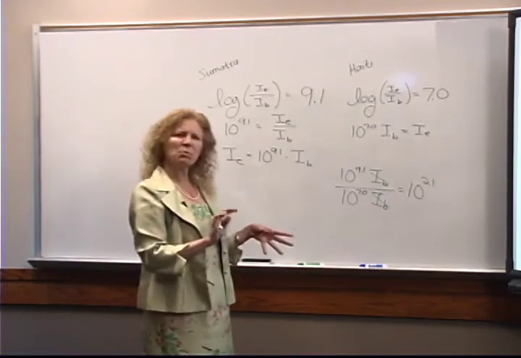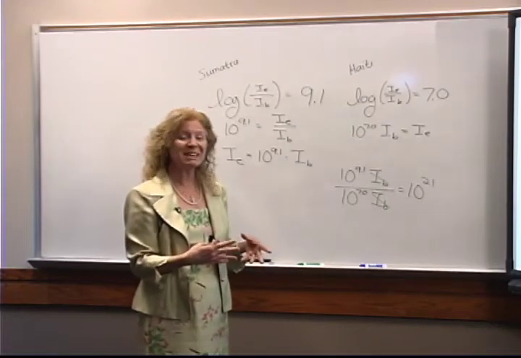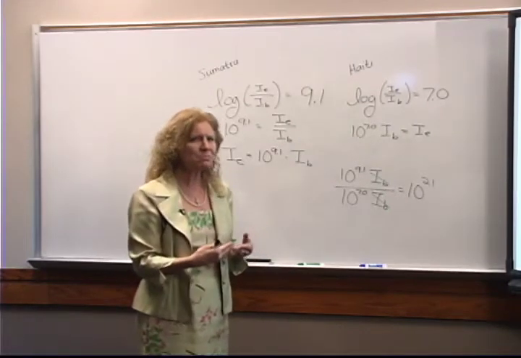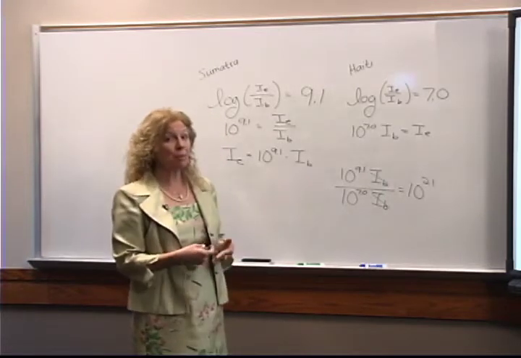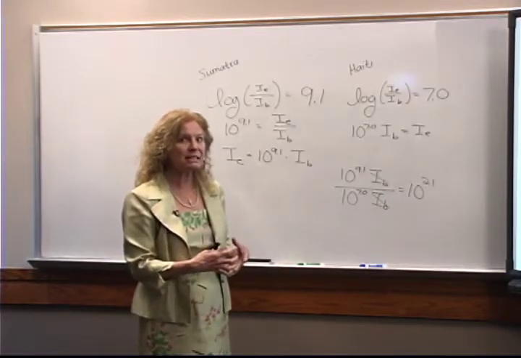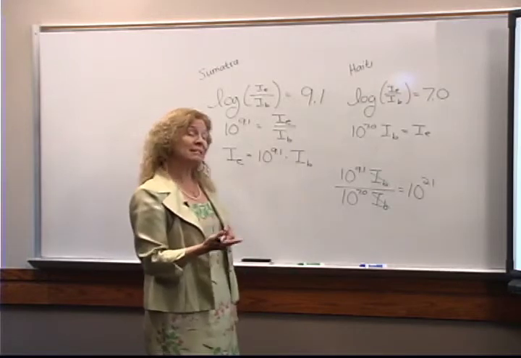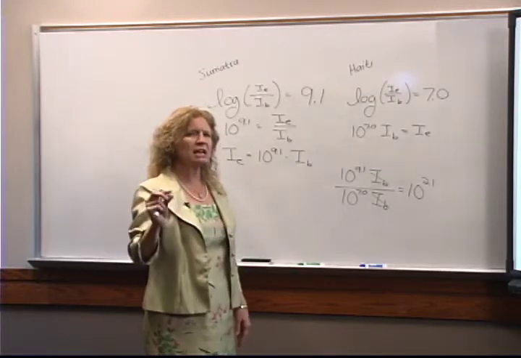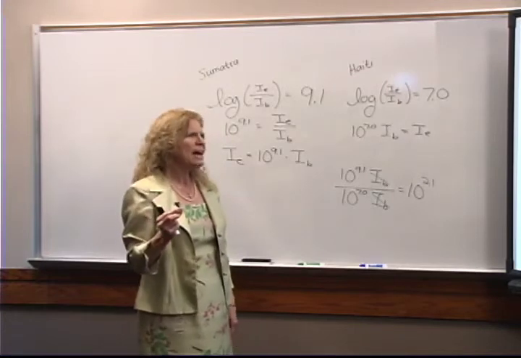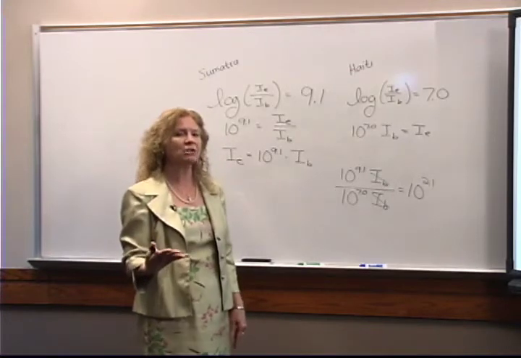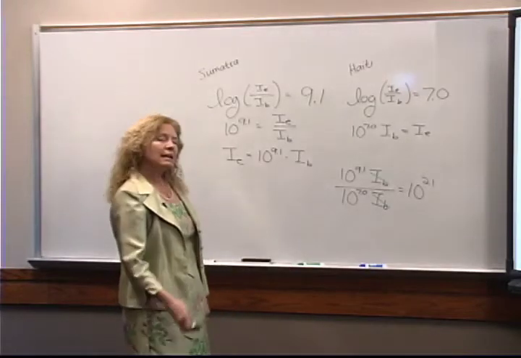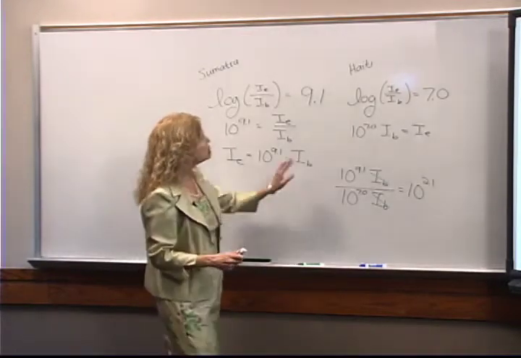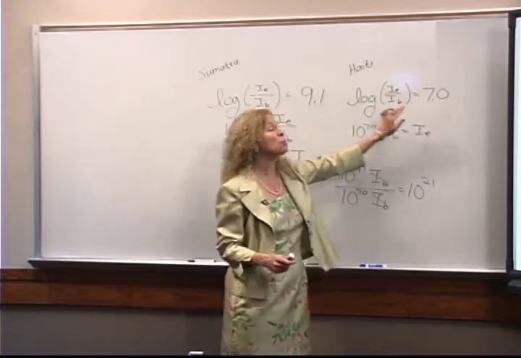So this is going to be somewhere in the neighborhood of 120 or something times more intense. So that event in Sumatra was very serious. What that means is that a small change in that Richter value actually has a big impact on how intense that earthquake was. Now, by the way, notice that essentially what we could have done from the very beginning was